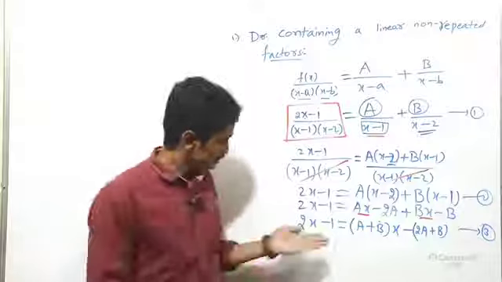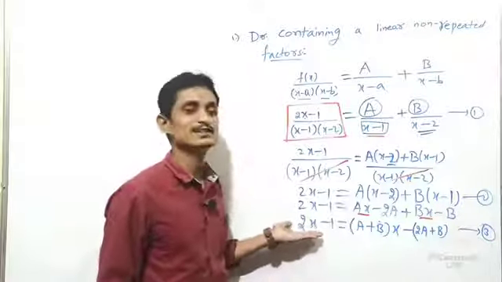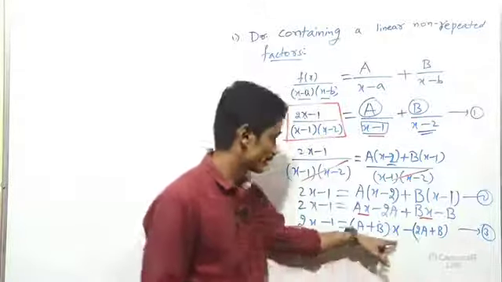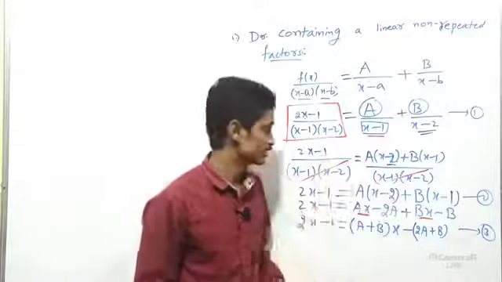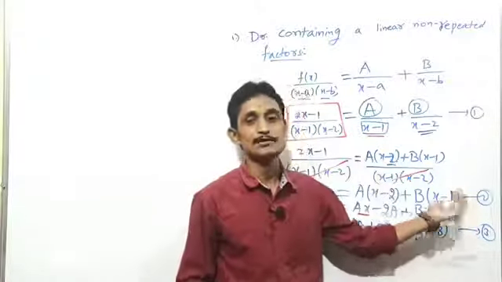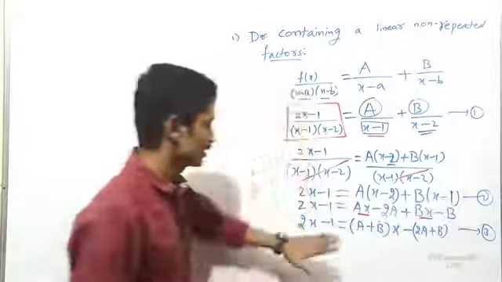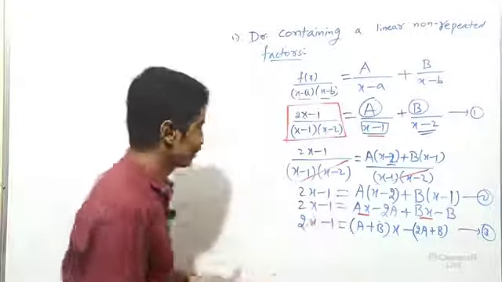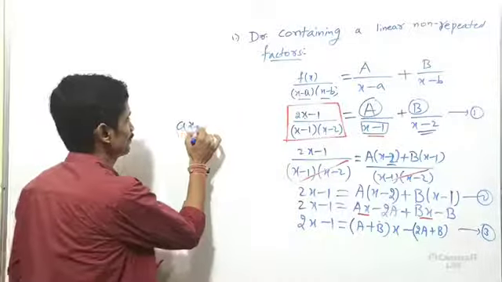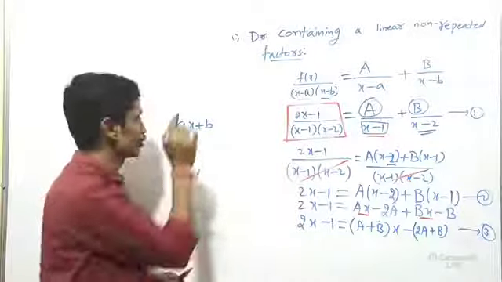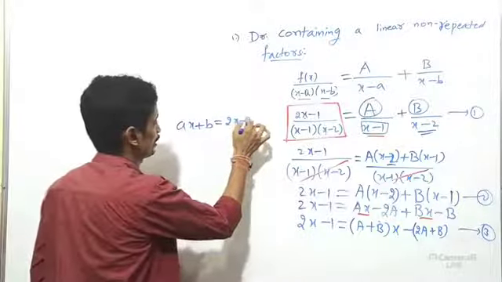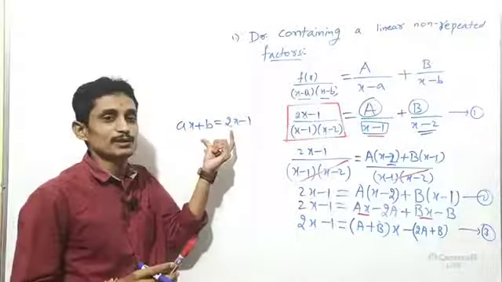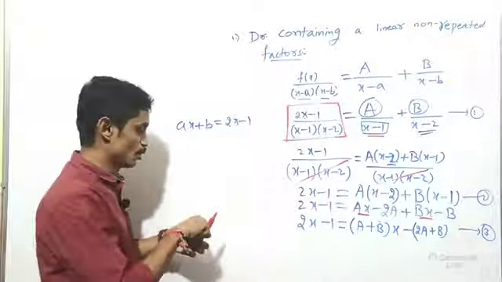Now, whether this is a polynomial or not? Exactly, it is a polynomial, because the variable x has a whole number power, that is 1, and here the variable x has power 0. Nothing means power is 0. Completely, we have two polynomials on either side of the equal sign. So ax plus b is a linear polynomial. 2x minus 1 is also a linear polynomial. Correct?